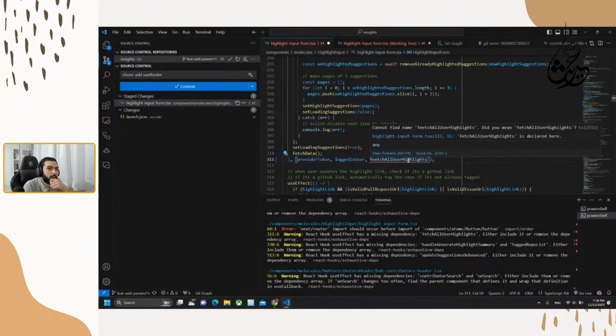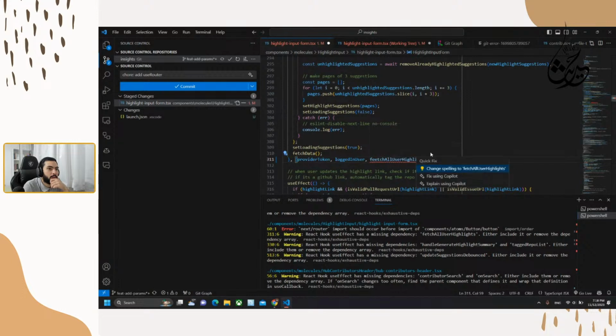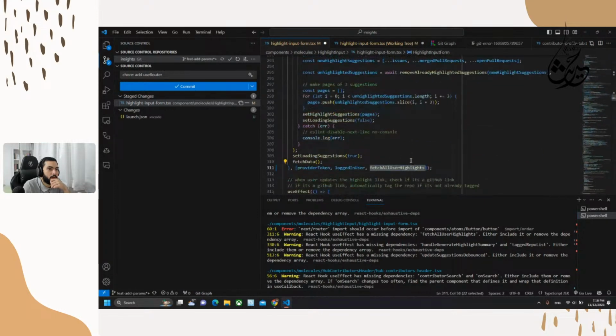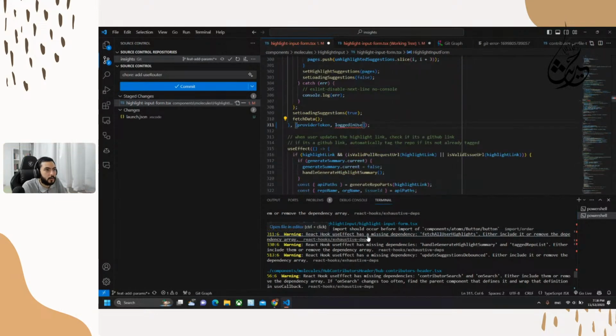Why should you have it here? No. So React hook has a missing dependency. This one, which says either include it or remove it. Fetch all user highlights.